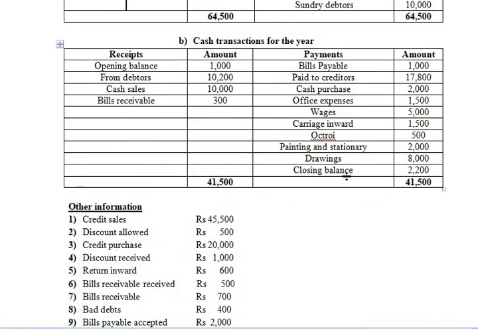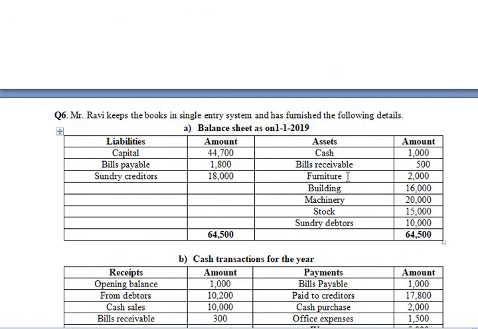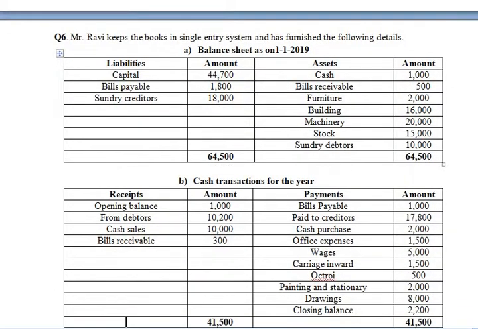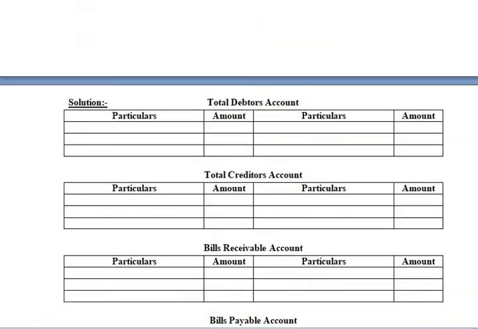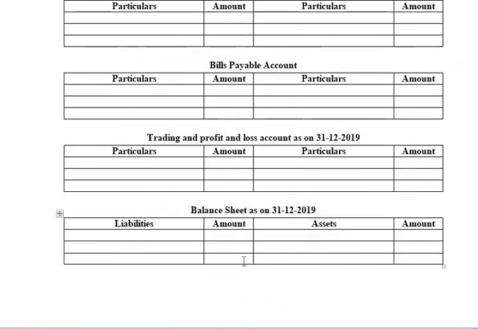Alright, so let's begin. What is first being given? Capital. Now where will this particular capital amount come? You have it in the balance sheet. So let's take this capital to the balance sheet. Capital goes to the balance sheet, liability side. So let's go to the balance sheet, and on the liability side you have capital.